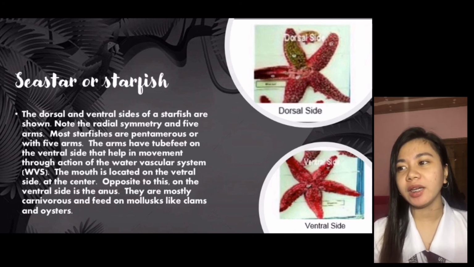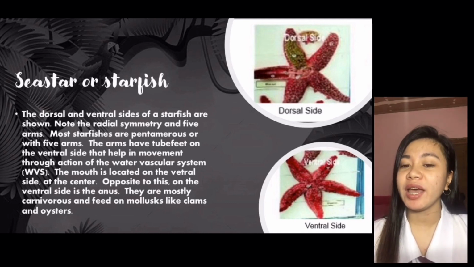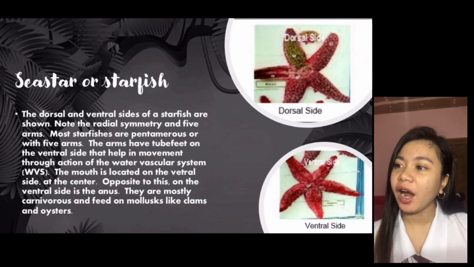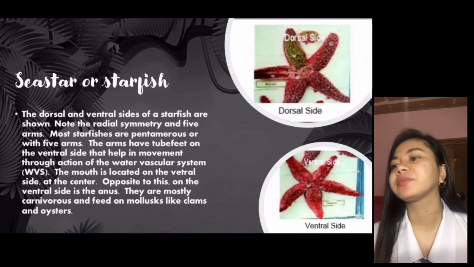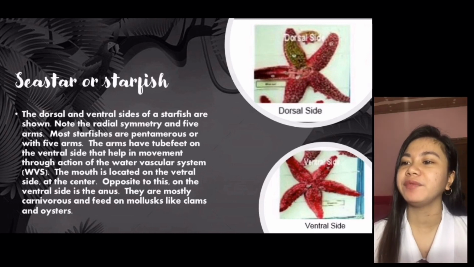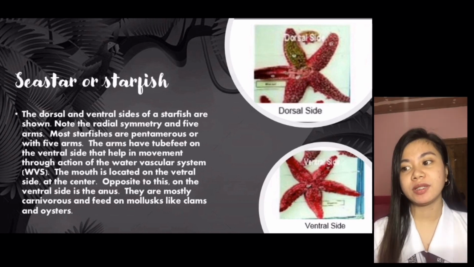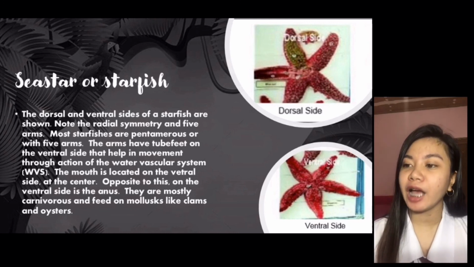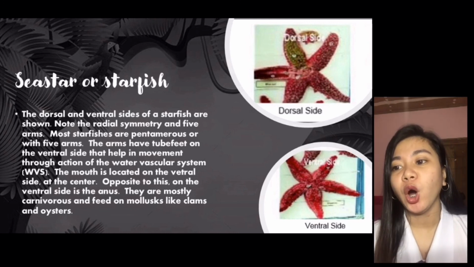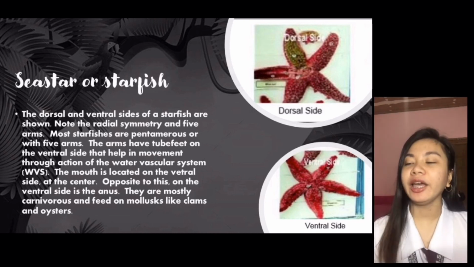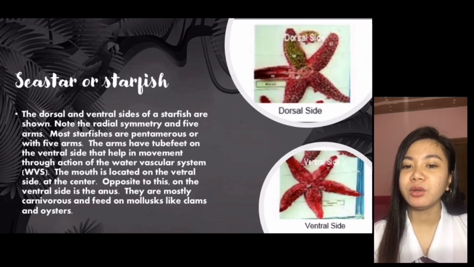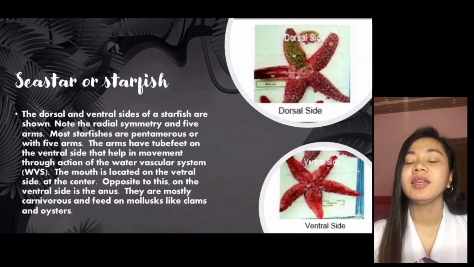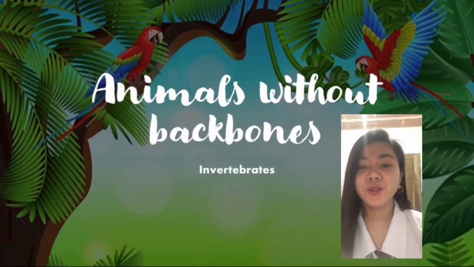So, yan nga po, makikita natin yung two sides of starfish. And as we can see po, parehas po siyang may hard structure and meron po siyang 5 arms. And ito po ay may iba't ibang purpose dahil ang ventral side niya daw po is ginagamit para siya ay makalakad or makagawa ng movement. And ayun po, meron din po siyang side which is nandun yung mouth niya para makakain siya. And yun. So, yun lang po.